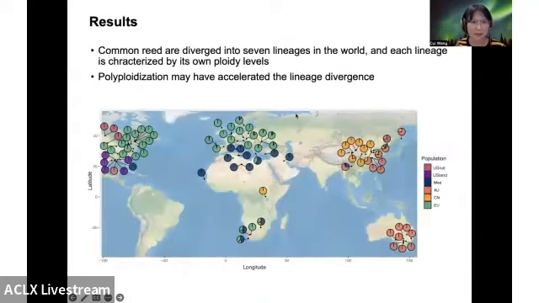And now let's get back to the population genetics. Common reed is diverged into 7 lineages in the world, and this is based on RAD-seq. Each lineage is characterized by its own ploidy level. As we have said before, using chloroplast, we were able to find five lineages, but using the nuclear